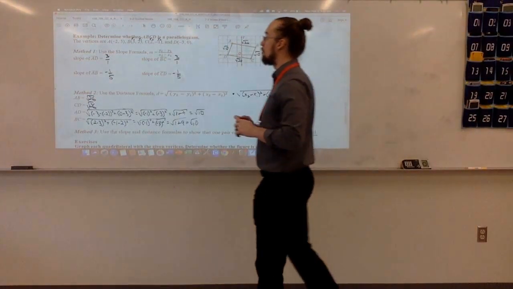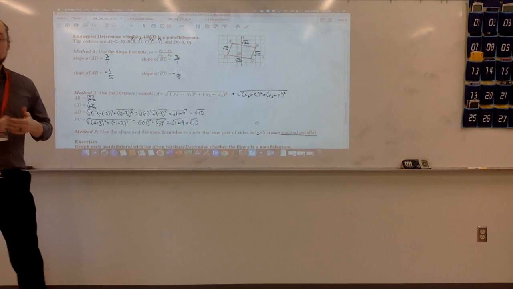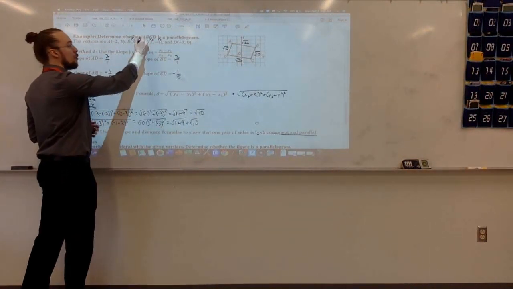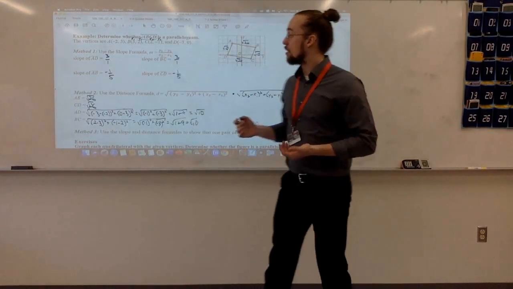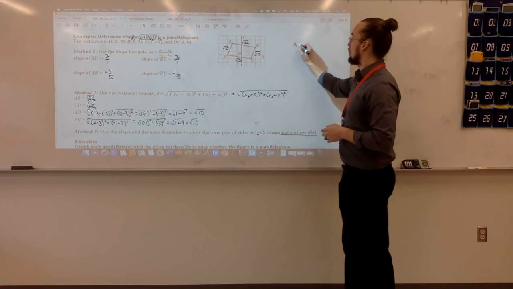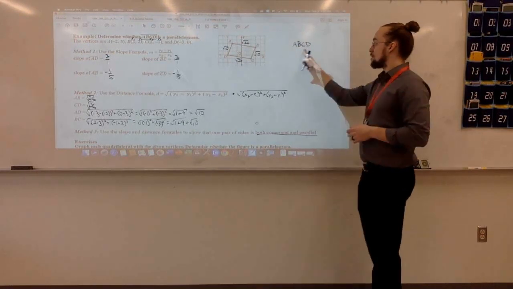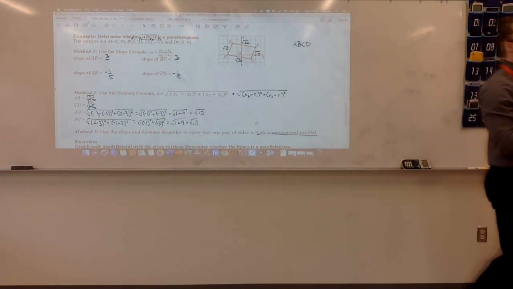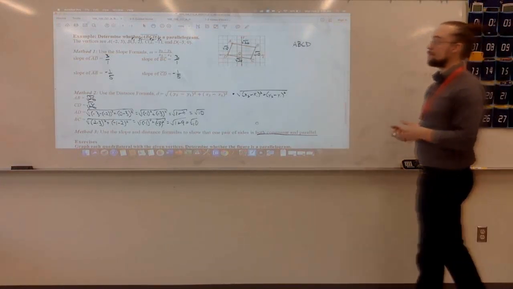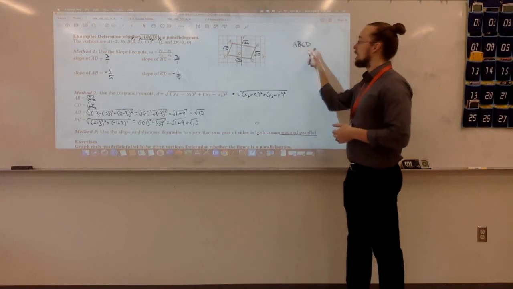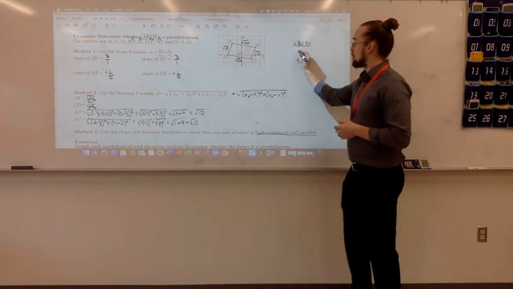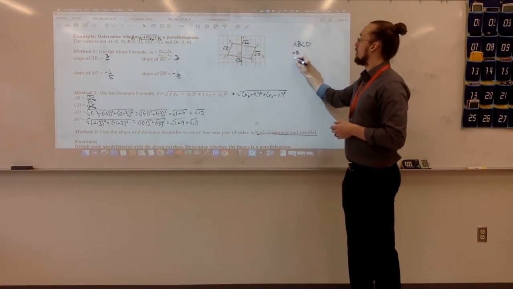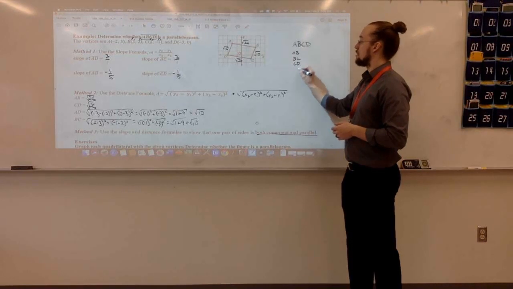There is one more thing I should mention. We've talked about this idea already, but the way that something is named. So in this example, this quadrilateral was called ABCD. Just in the way that it's named, that tells me what the sides are. Since it's named ABCD, that tells me the vertices around the edge are ABCD. So the sides would be AB, then BC, then CD, then DA or